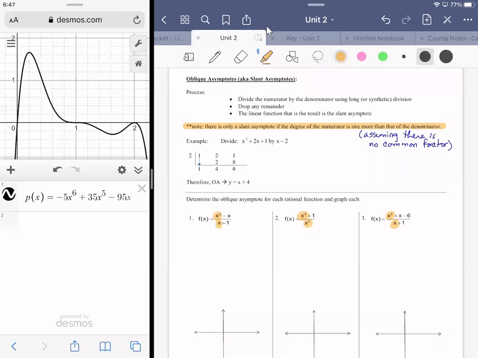All right, all you have to do is divide using synthetic division. And if there's a remainder, drop it. And there is an explanation for why you drop the remainder, but we have to learn about limits before you can understand that. So it's not a conversation we can have right now. Okay, so looking at my numerator here,